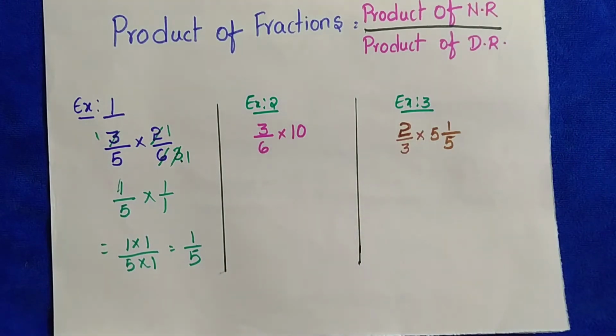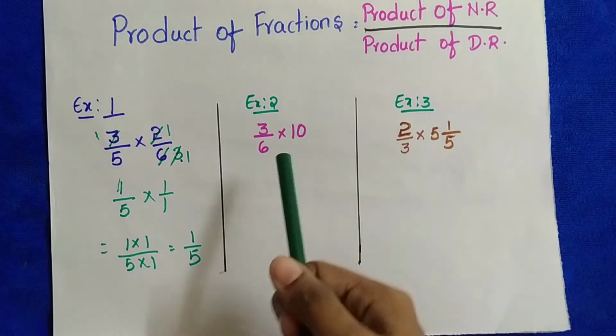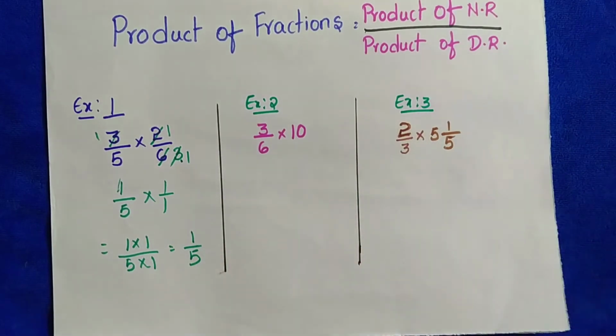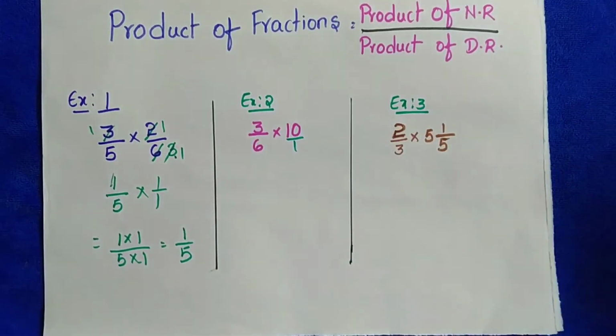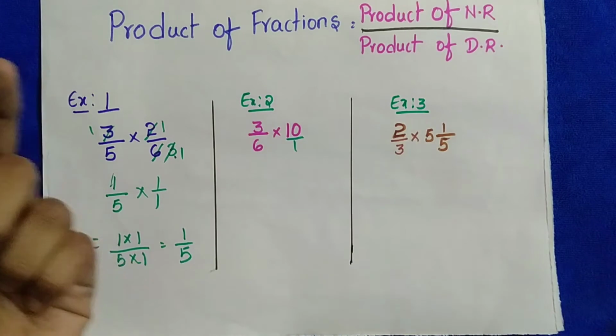Yes, it's satisfied. How? Already we know that if it's a whole number, it does not have any denominator, then we can take the denominator as 1. We can take or not? Yes, we can take the denominator as 1. Now do it. Now what is our first step?